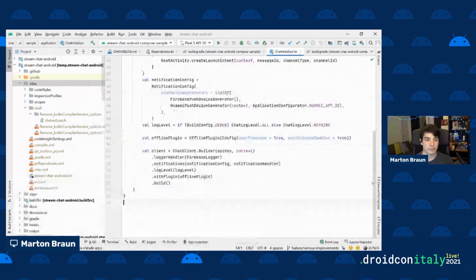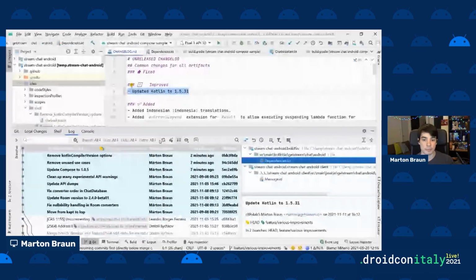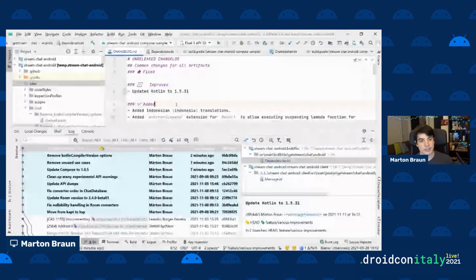So first of all, whenever we do something like bump a version number, we tend to also include something about that in our changelog. So to do that, I'm going to go to the changelog, and I'm going to say, updated Kotlin to 1.5.31 so that our users know about it. Now, if I were to create a commit with this, that would create a new commit on top of the existing one, and I would really want to just include this change in this previous commit that also performs the actual version bump in the dependencies file. So if I want to do that,